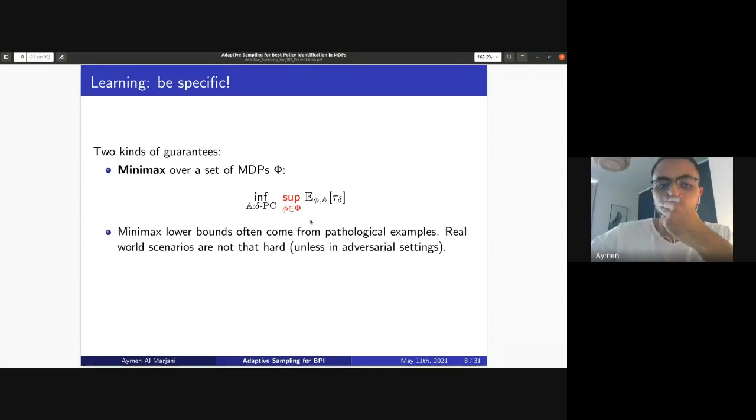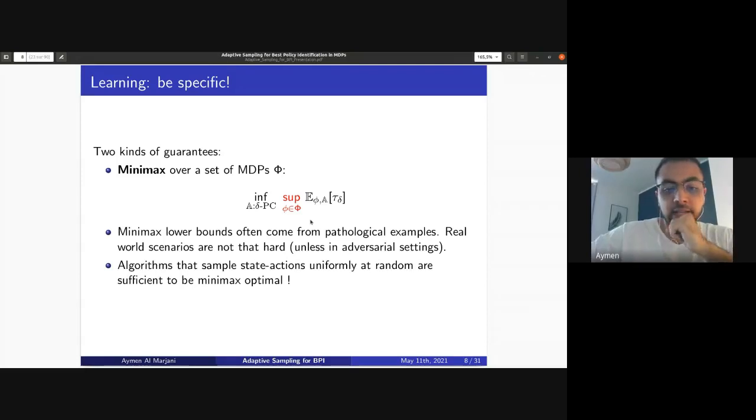But one of the drawbacks of the minimax approach, especially in best policy identification, is that they come from pathological examples. For example, the minimax lower bound in best policy identification has a constant Q function for all state action pairs. So real-world scenarios are, of course, different from these pathological cases, unless you're in an adversarial setting, and then it makes sense to consider minimax